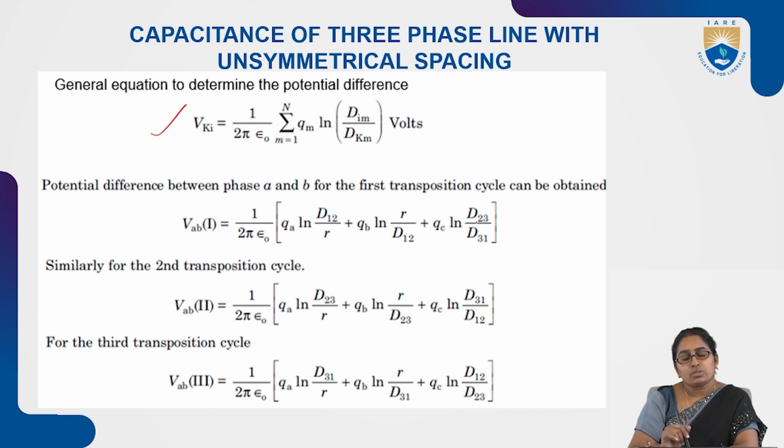Okay, so QC log of D23 by D31. Similarly, when it is in position two, the expression VAB is given by 1 by 2 pi epsilon naught QA into log of, okay, it is in second position right now. So that's why log of its distance with respect to B conductor is, okay, D23, right? If you see,